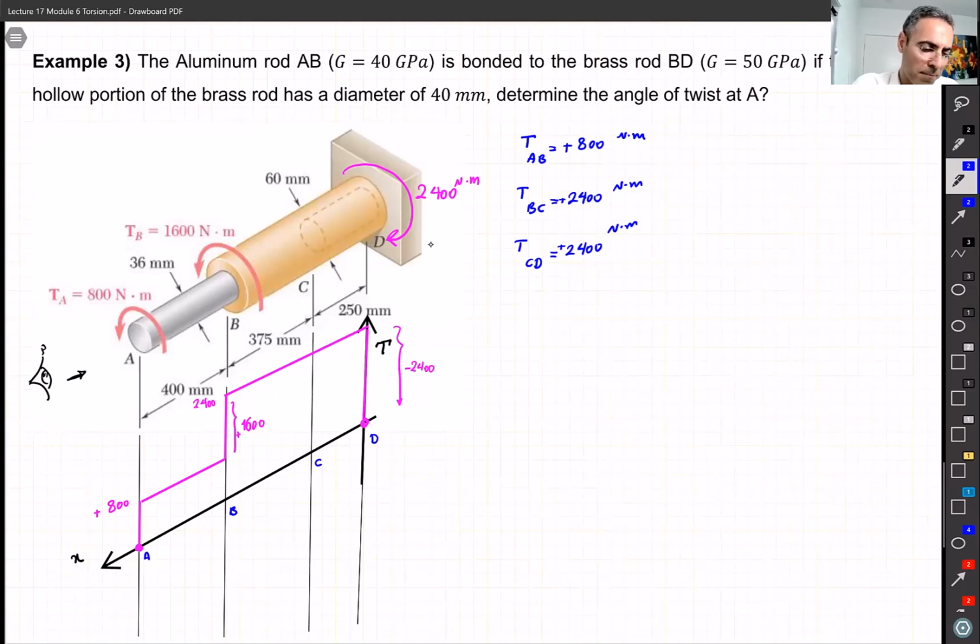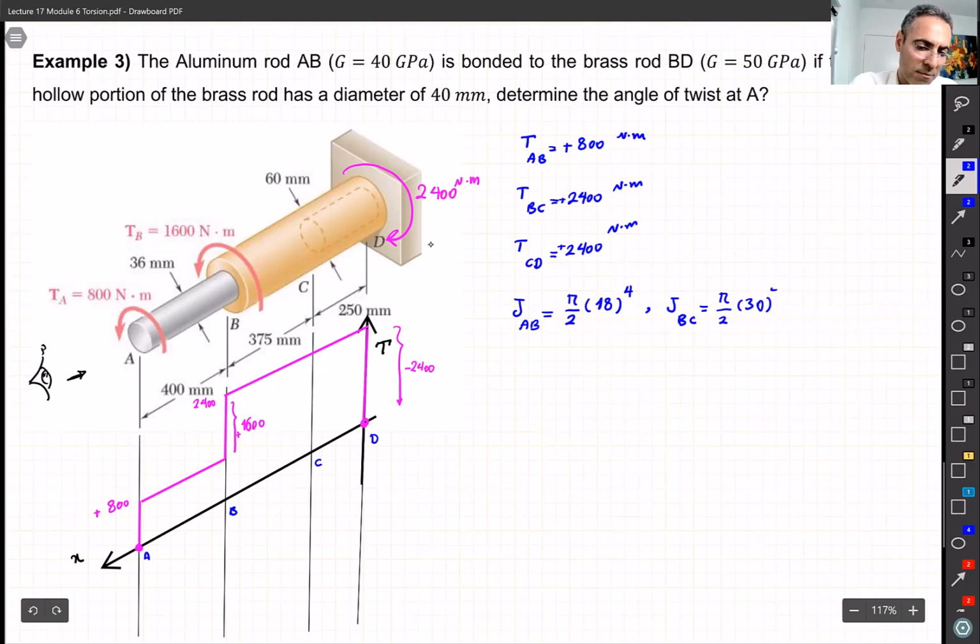So first, also find J. J from A to B, the cross section is solid, is pi over 2, and the radius is 18. Don't confuse it with diameter, so 36 divided by 2. From B to C is the same as C to D. Oh no, they are not the same. It is hollow, right? So from B to C, the material is the same from B to C to C to D, but J is different. It's pi over 2,